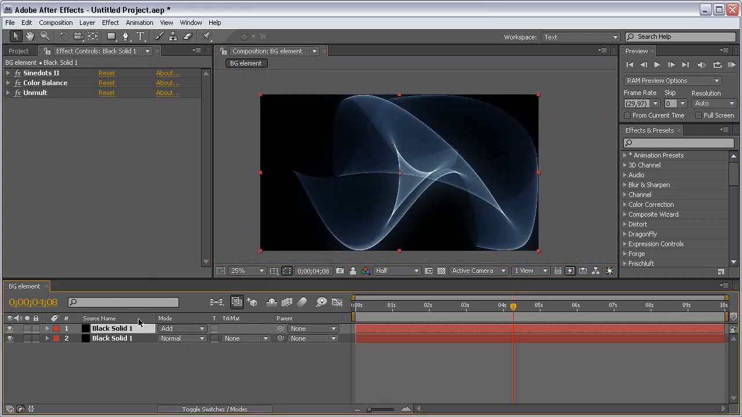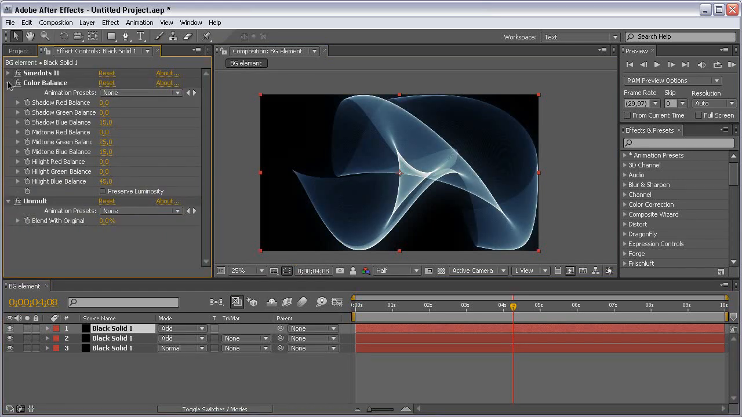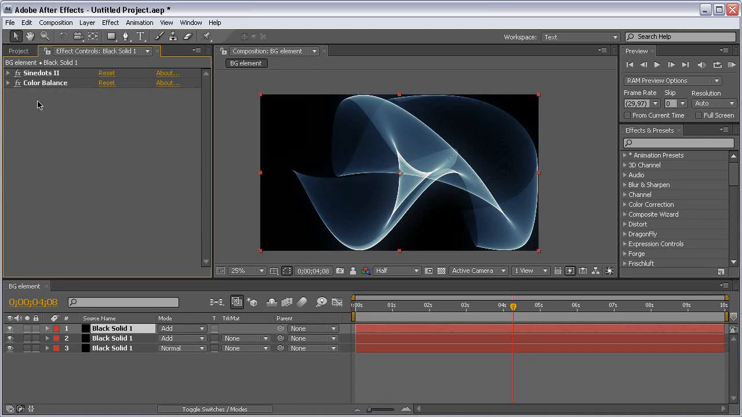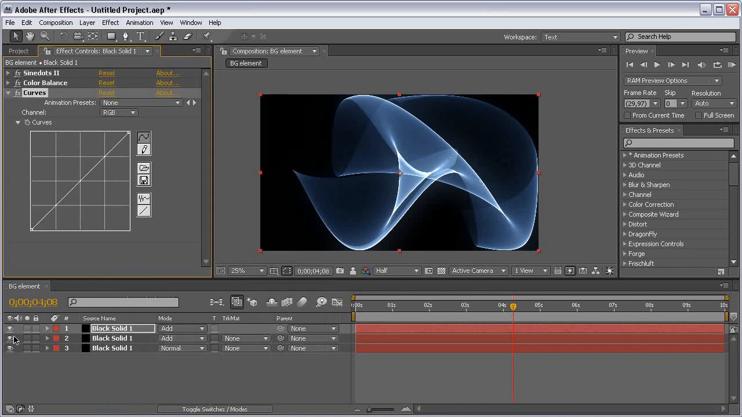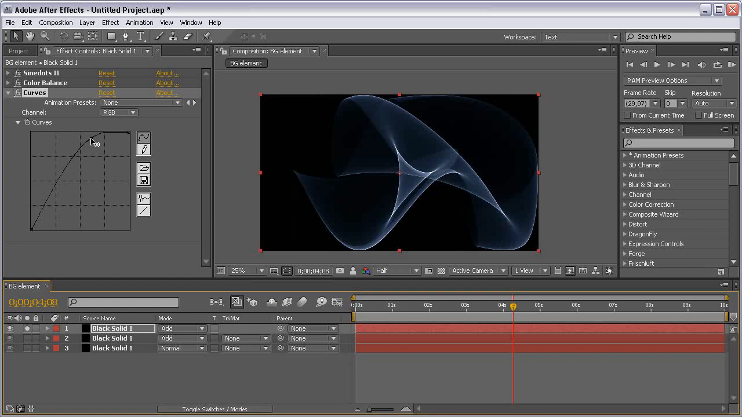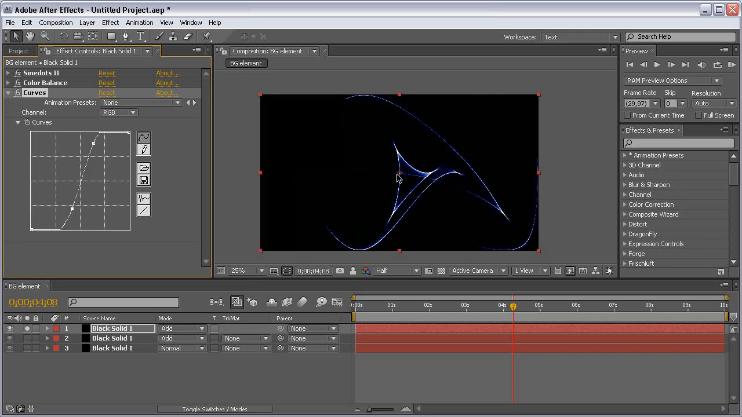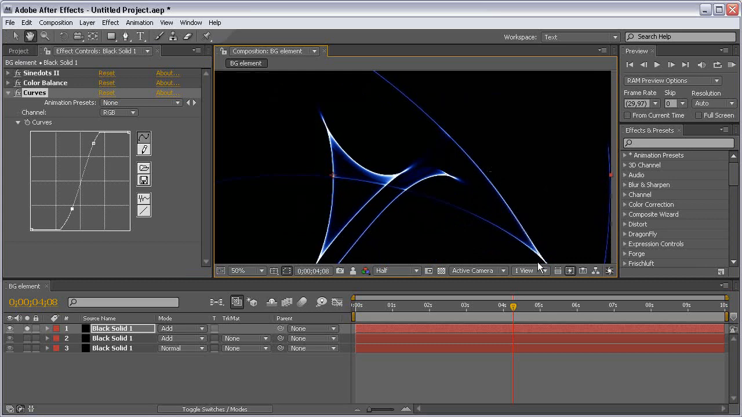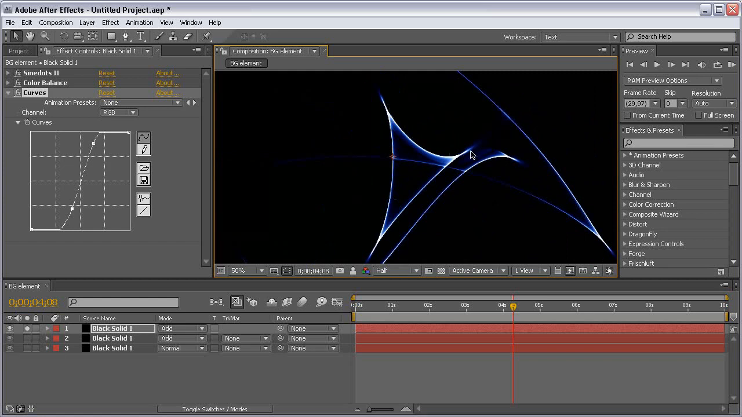Now let's select this layer, come to edit and duplicate it again, close this, close the color balance and delete the Unmult effect. Come to effect, color correction and choose curves. Let's solo this layer to see what I will create with the curves. I will create a simple S curve to get a bit of contrast, like so, because I want to see only the edges and I want them very intense in order to create a nice shiny glow over the edges of the